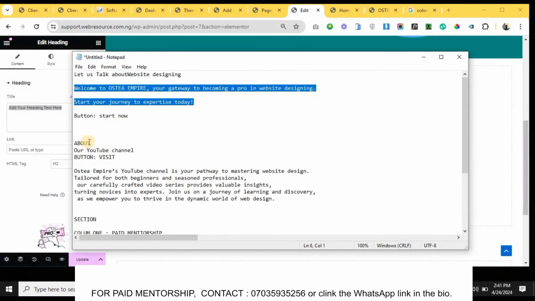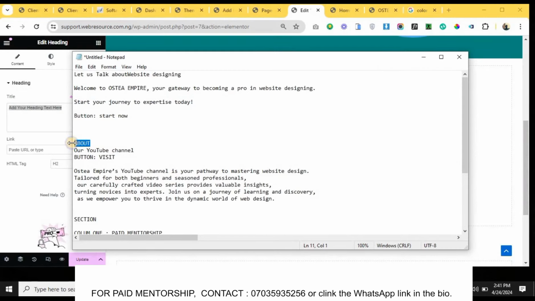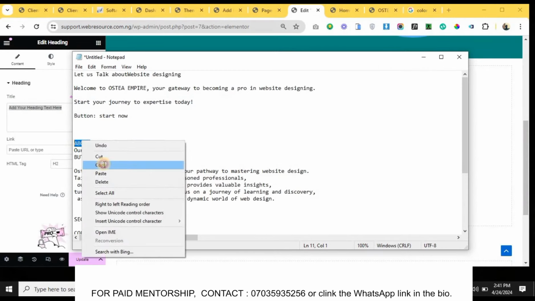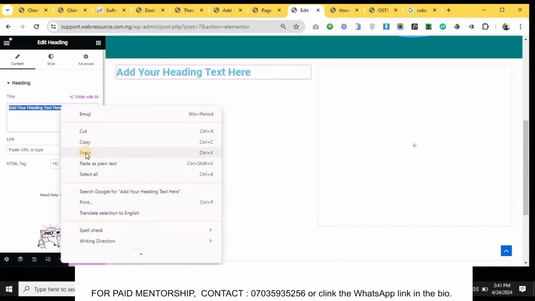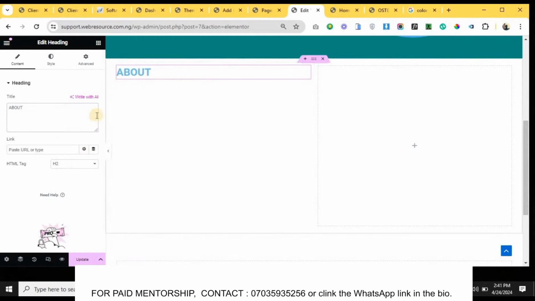Sorry, I'm being lazy to write. Just copy this, come here again and paste. All right, so this is just here. This is at the top of the section and we don't want it to remain there. What do we do? Come here again